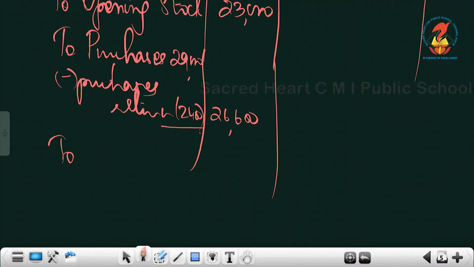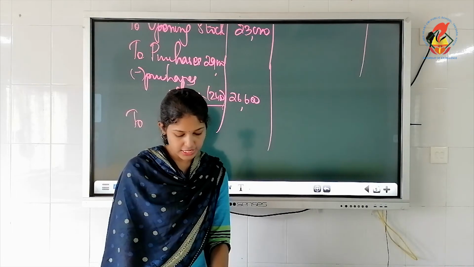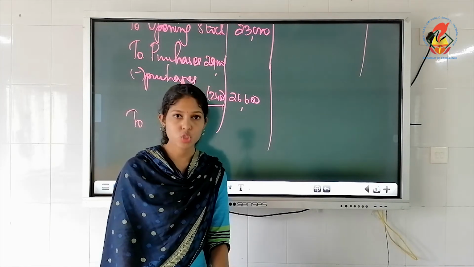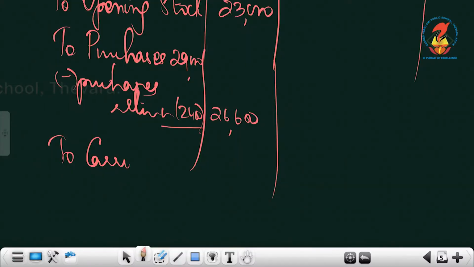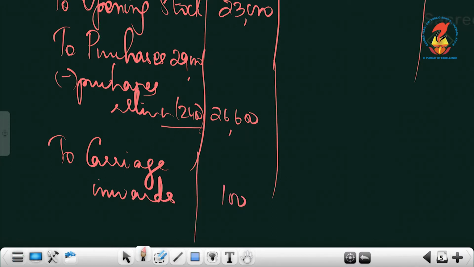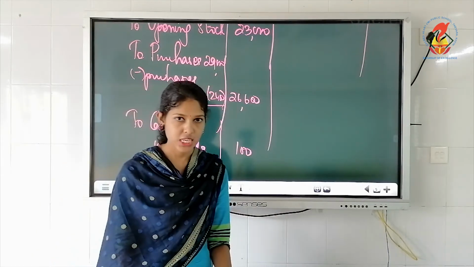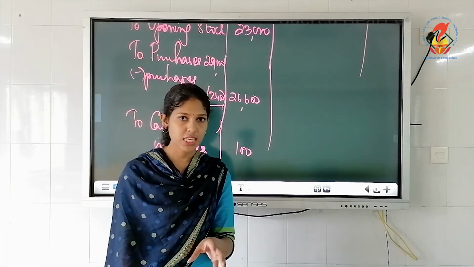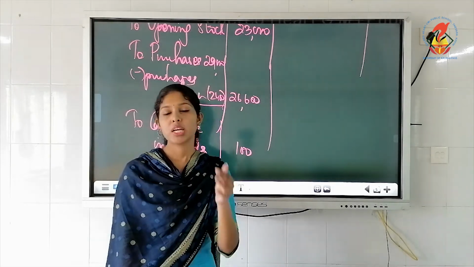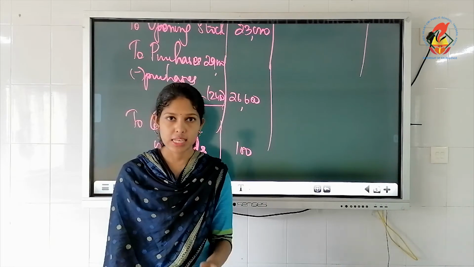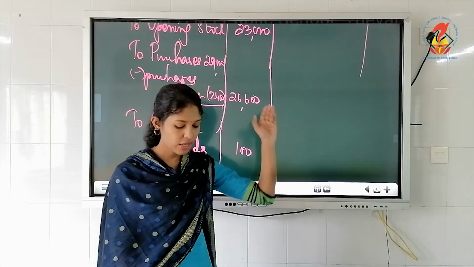Then we will write all direct expenses. You don't have to write the heading like direct expense, just write directly all the expenses given. So sales returns, we know that it will come on the credit side, sales also will come on the credit side. Did you see carriage inwards? That is a direct expense which you must write here. So carriage inwards you can take here, the amount is 100. There is one more item like depreciation, but where did you see depreciation? It was on the debit side of P&L, profit and loss account. It is an indirect expense. Don't write it here. So debit side is over.